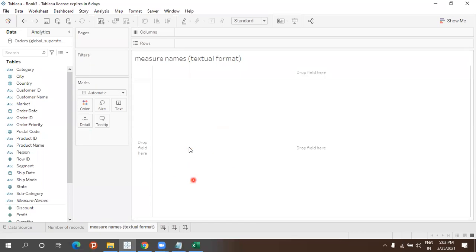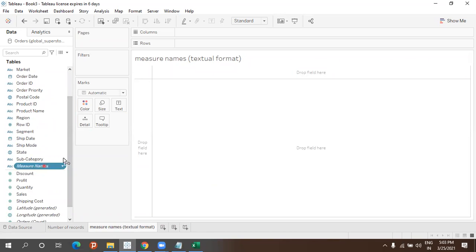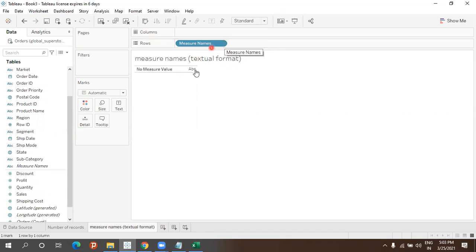We're going to see how to use measure names in the textual format. See, once I drag and drop this measure names into the rows field, it shows that no measure values are there. It shows just a blank ABC. There is nothing.